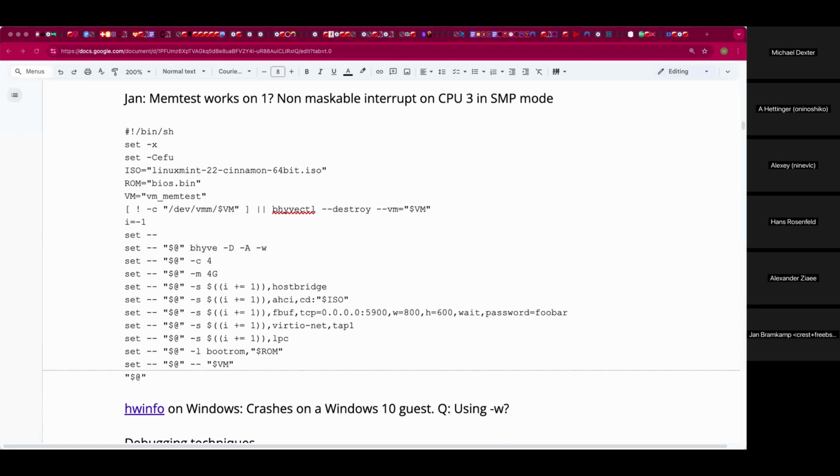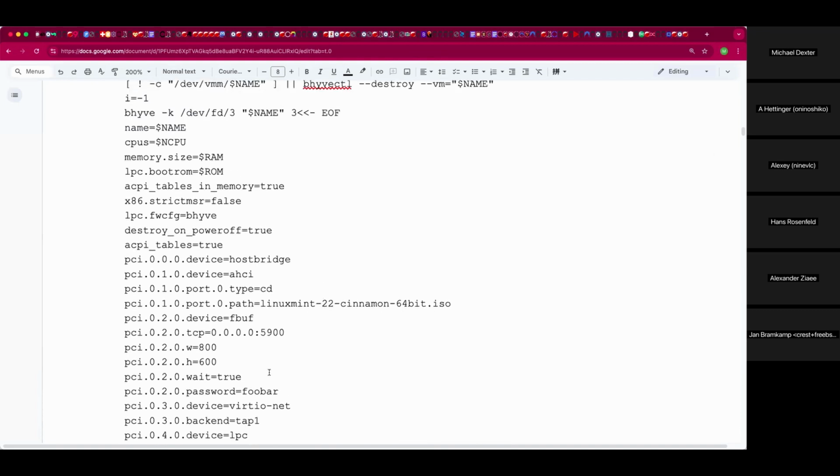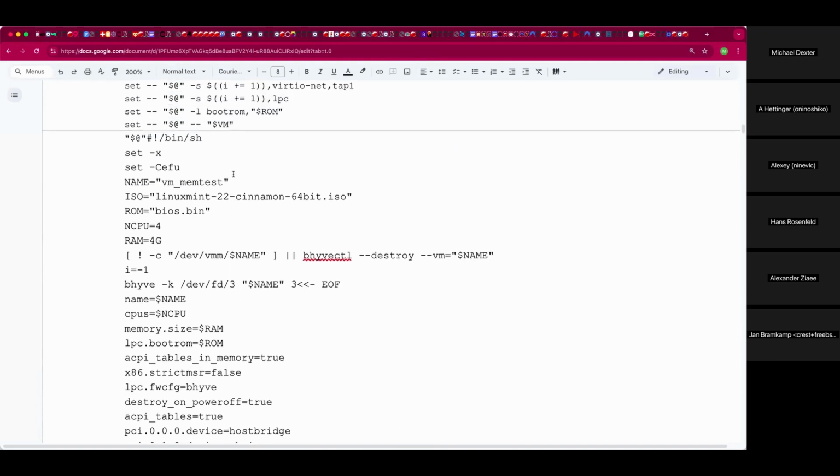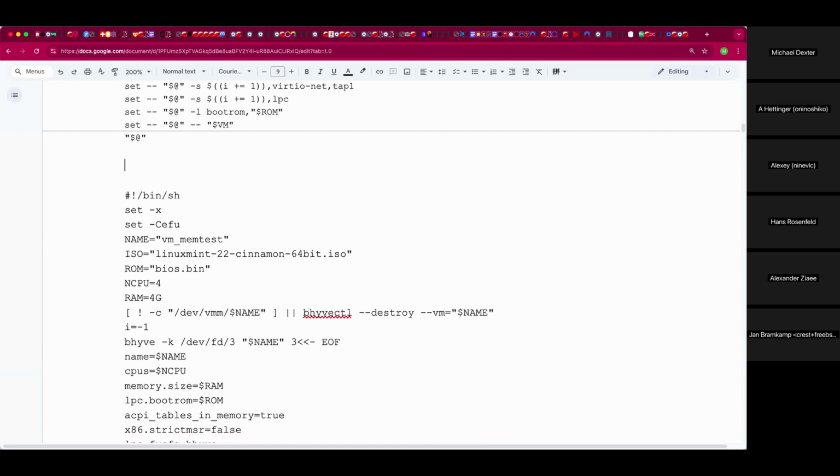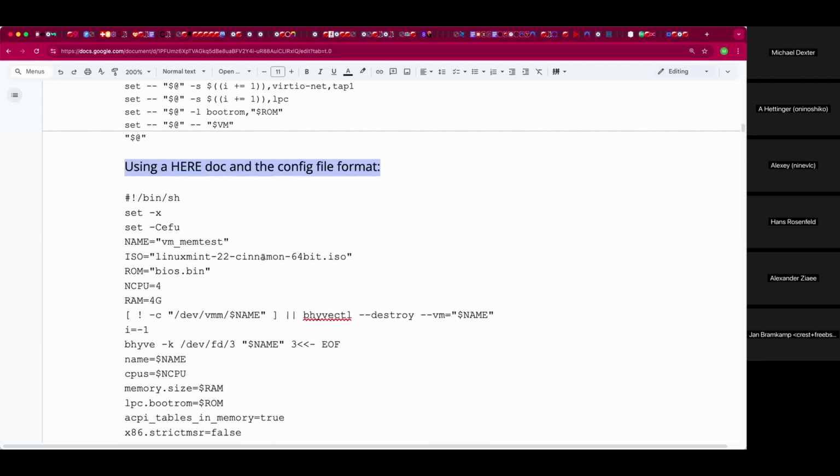Oh, cool. And I made the config file an inline here doc. You can build it up with just a few functions so that you can kind of dynamically allocate PCI IDs and so on. Cool. Awesome.